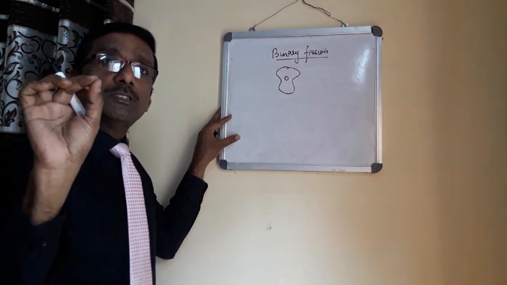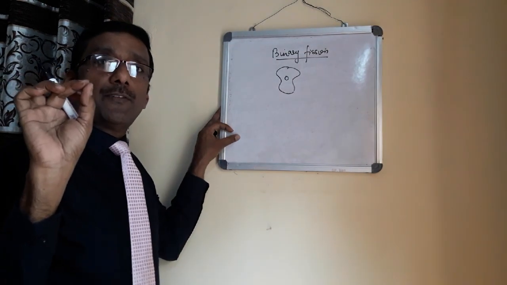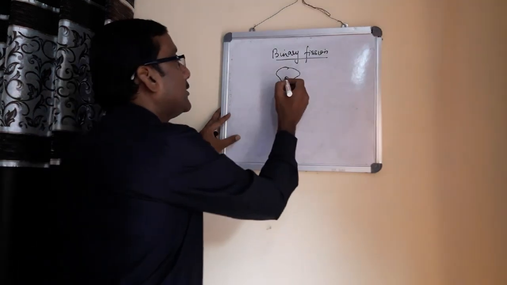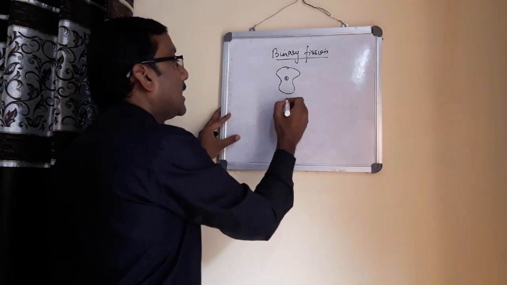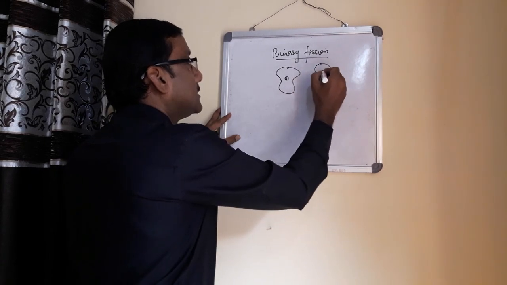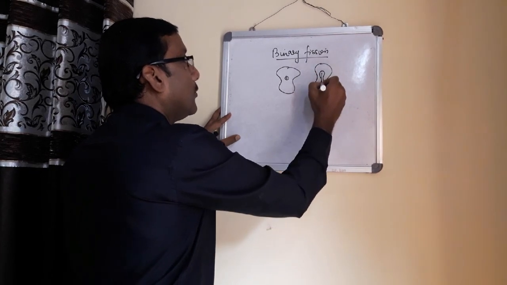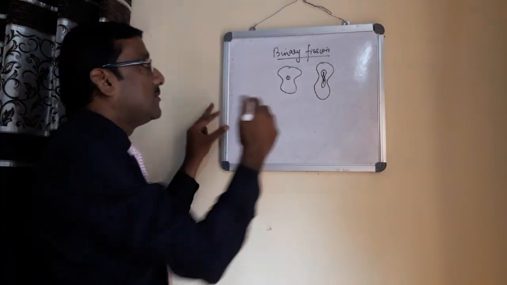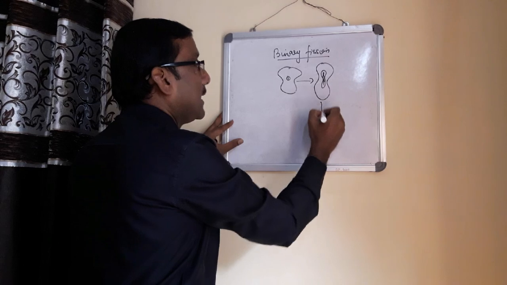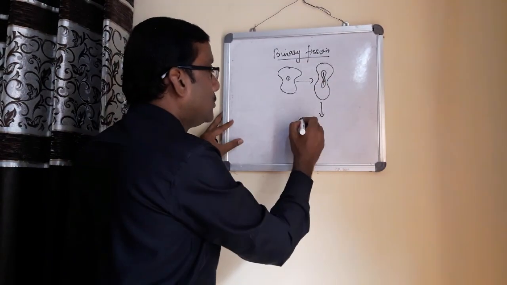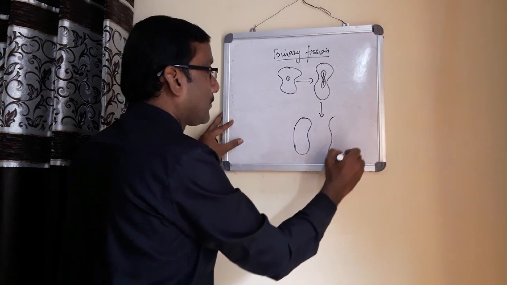The chromosomes or the chromatin fibers inside the nucleus double themselves. Suppose there is one, they will start doubling, and then you will find the doubling of the nucleus, like this, see, 1 and 2. The nucleus also starts stretching itself, and then this amoeba gets divided into two daughter cells